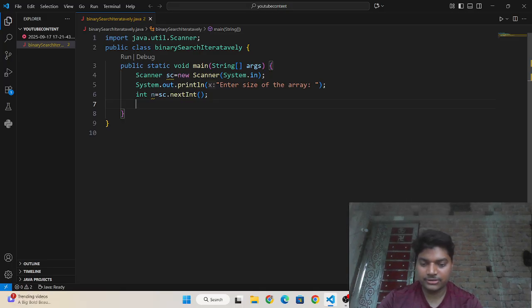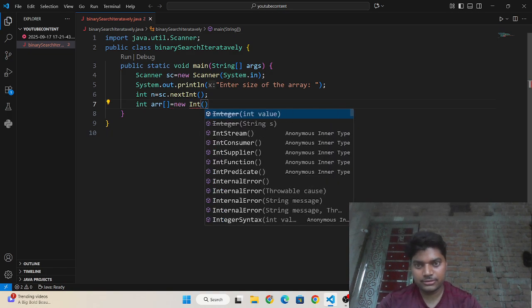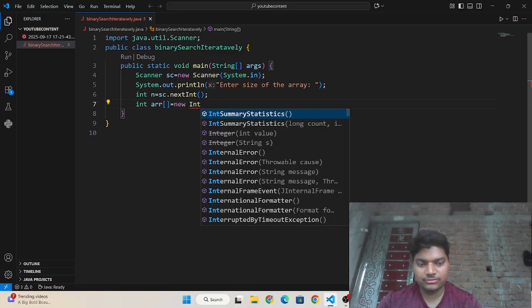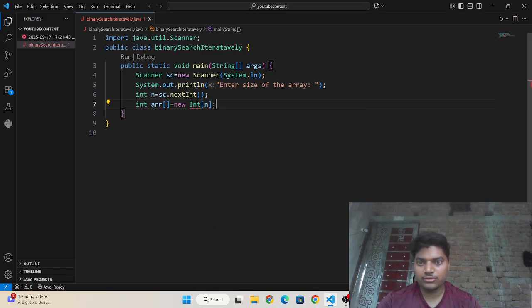So I need to write here int arr braces is equals to new int n. It should be small n.